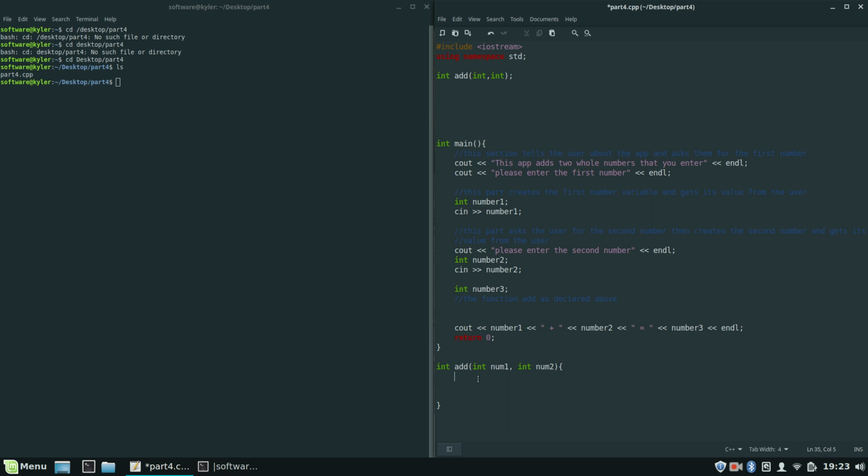And what we're going to do is, there's a couple ways of doing this. We can say int num3 equals, just like we did up here, num1 plus num2, semicolon. And then we can say return num3, semicolon, right? Or we can get rid of this